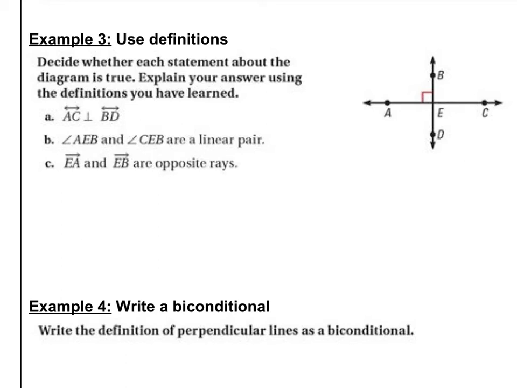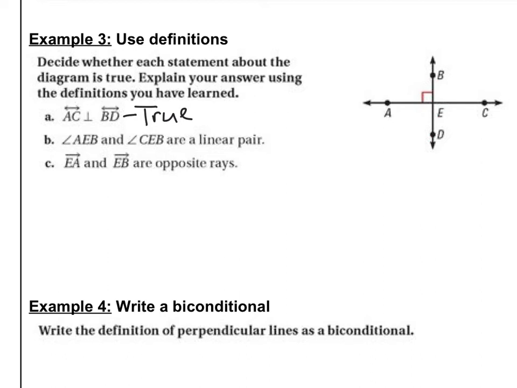Is this true? Is this false? And how do we know? So remember up in the definition, in order to be perpendicular, they have to intersect at a right angle. So if we look over here, we have line AC and we have line BD. They intersect at point E, and we notice that there is a right angle mark right there. So we are able to say that this statement is 100% absolutely true. Okay, and we would know that based upon the definition of perpendicular